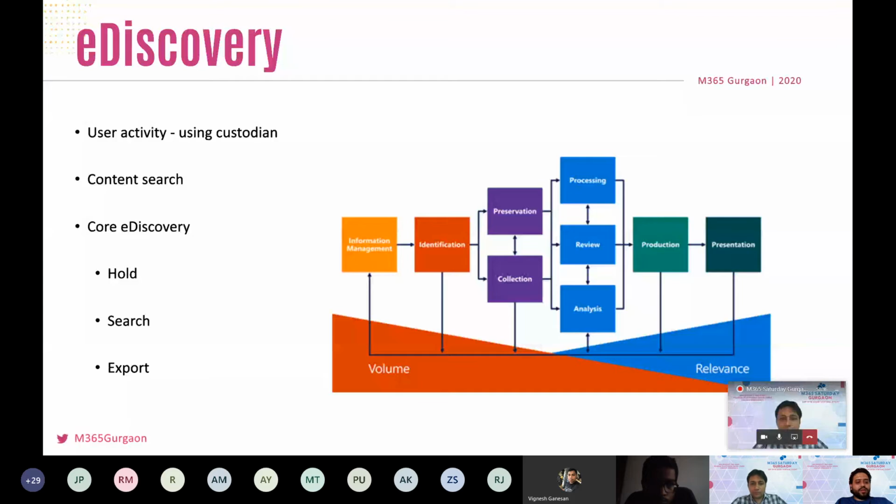When an organization responds to a legal investigation, a very basic example can be one of my employees or customers asks for his or her information, what is stored anywhere in the tenant, like SharePoint, Teams, or Exchange. We can fulfill that requirement using the e-discovery feature.